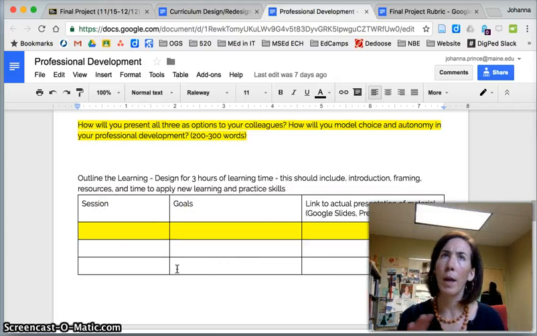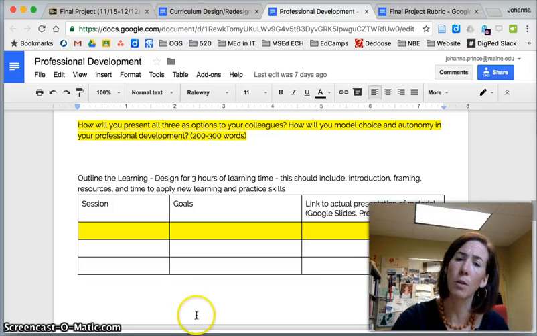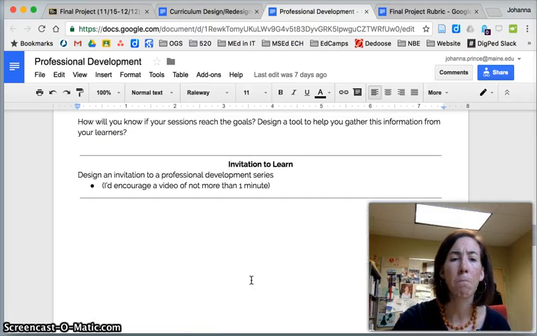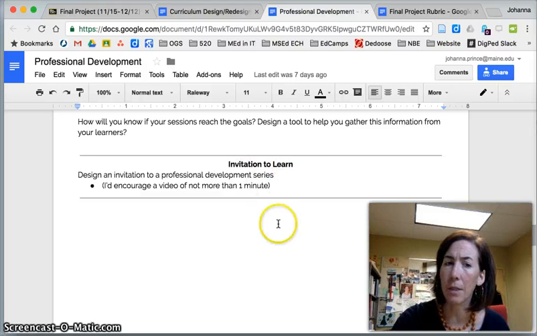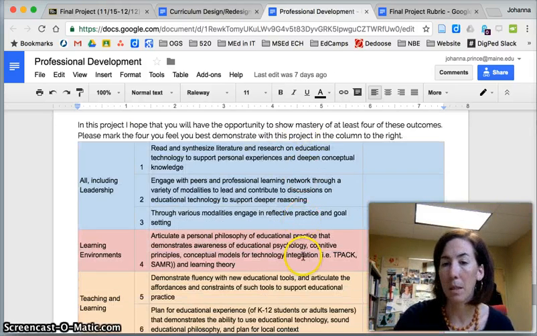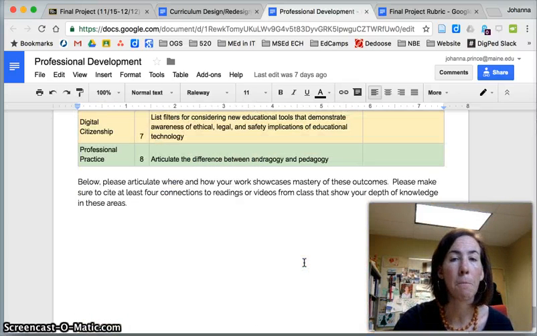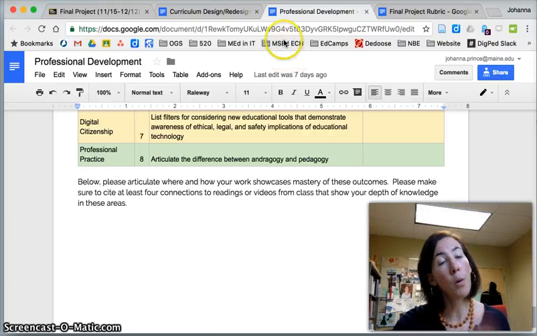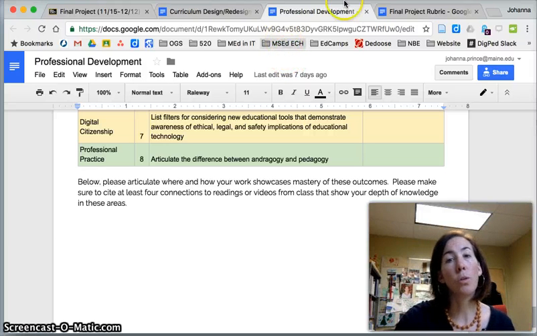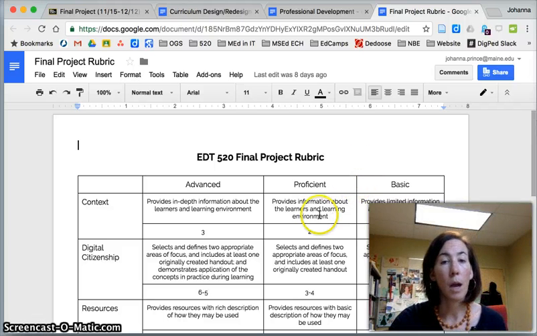Again, the way that you're going to design the learning for the professional development is slightly different, so take a look at this document. Again, still an invitation to learn. And then the self-assessment piece is consistent with the other, the curriculum redesign piece. So both of these, regardless of which option you choose, will use the same assessment tool,